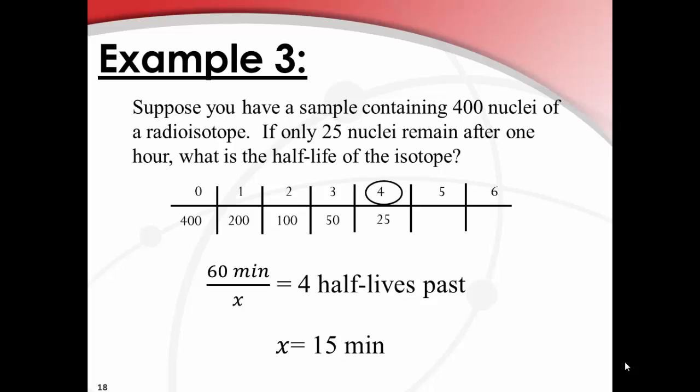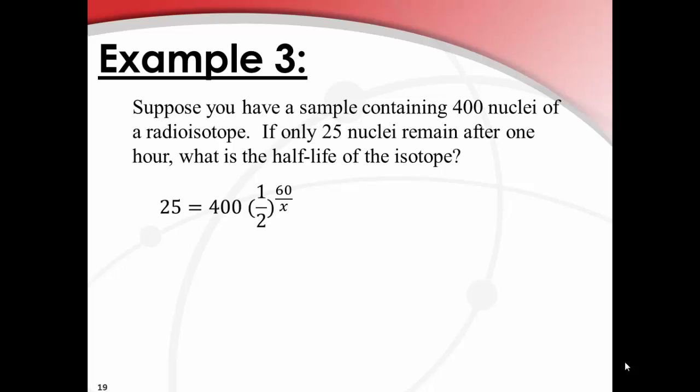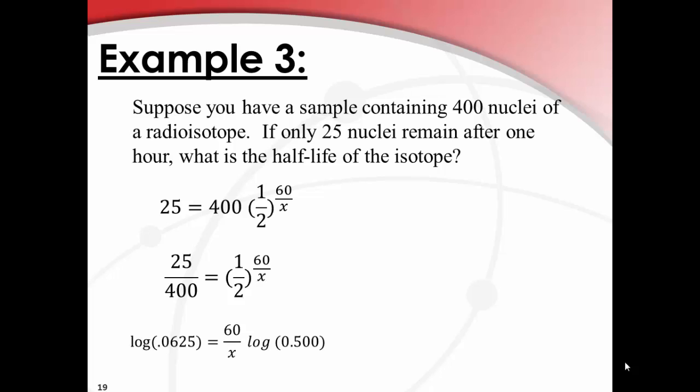Now, using the equation to solve this problem, we're going to set it up so that we have 25 nuclei as my final mass and 400 nuclei as my original mass times 1/2 to the total time, which is 60 divided by x, which is my half-life. So the first thing I'm going to do is divide each side by 400. Now, to solve this and to get the x out of the exponent, we're going to take the log of each side, so that we have the log of